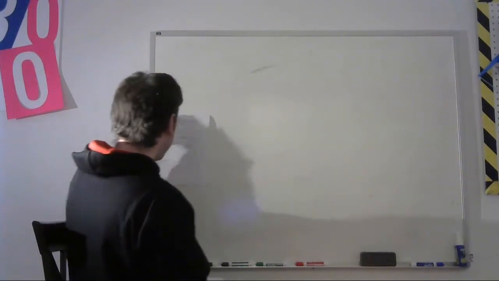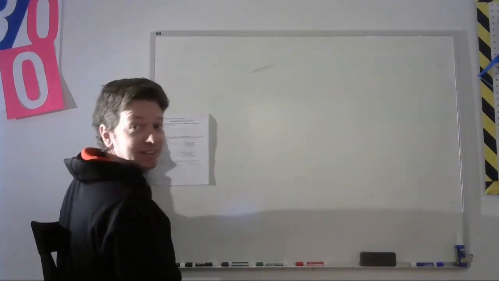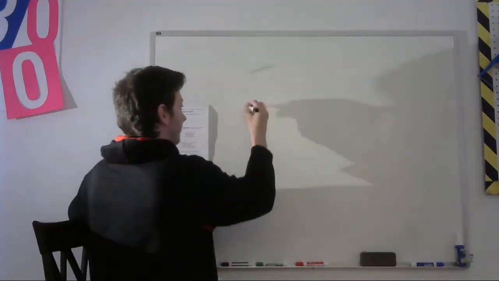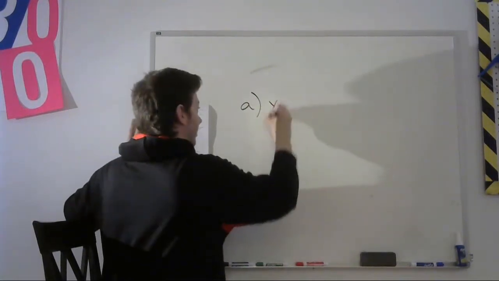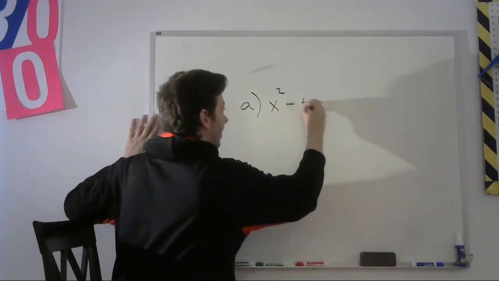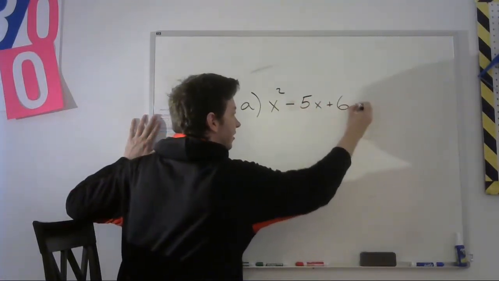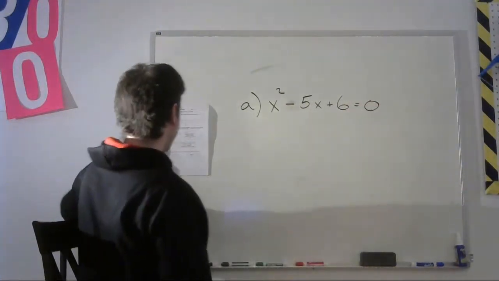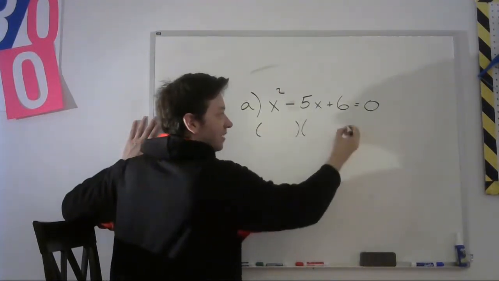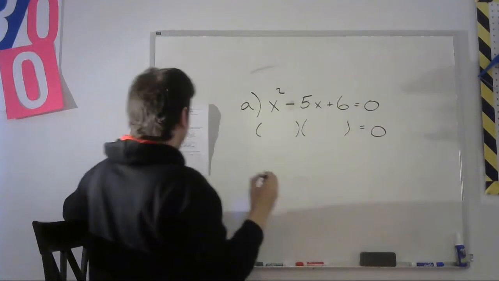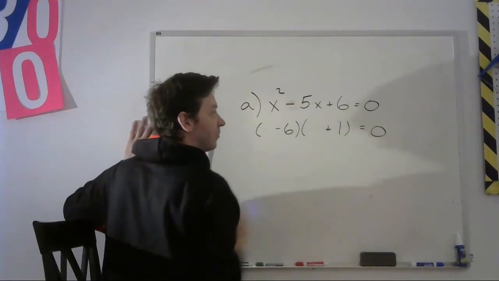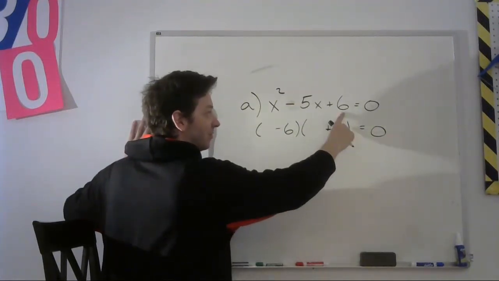Example 3 says find the roots of each. That's the same thing as finding the solution. Part A, we have x squared minus 5x plus 6 equals 0. All right, again, we have a simple trinomial. So we need to find two numbers that multiply to give positive 6 and add to give you minus 5. Right, so negative 6 and plus 1 work. Right? They multiply to give you